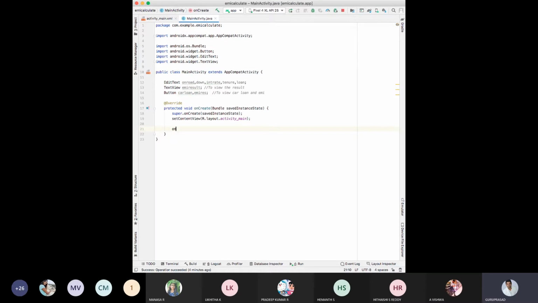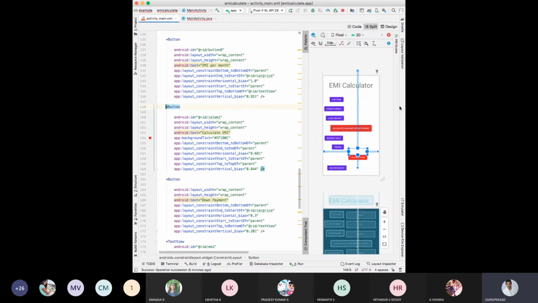Now let me start. On road edit text is equal to, we have edit text in the XML. Find that view by ID. Where is that ID? In the resource file with an ID dot. What is the on road price ID we have given?